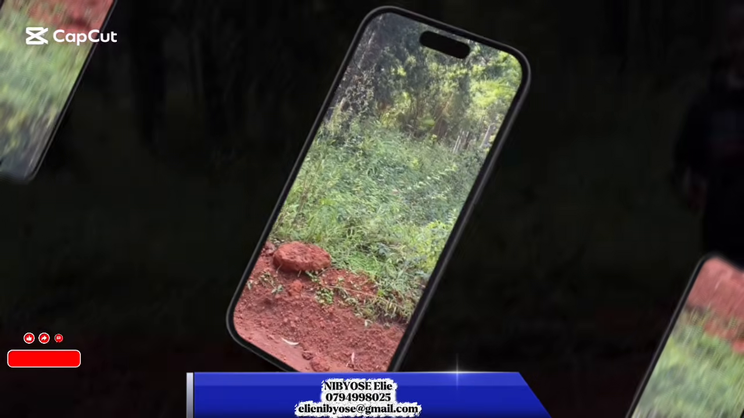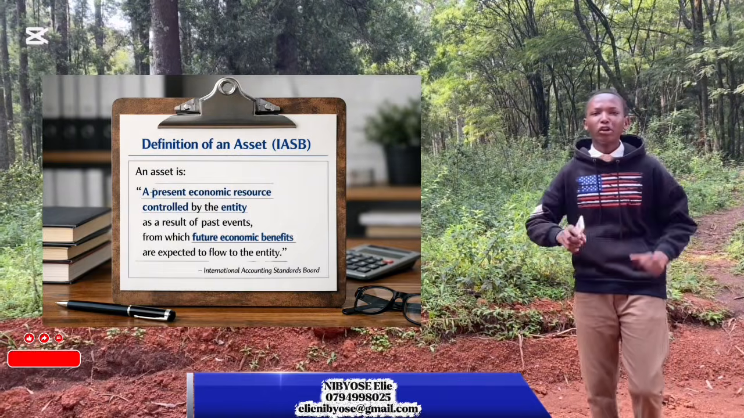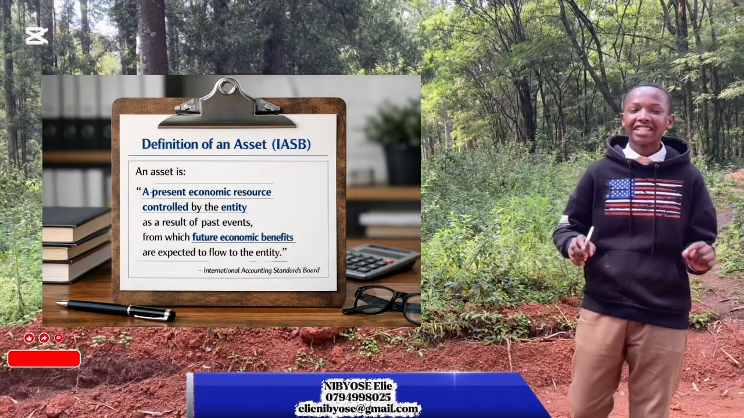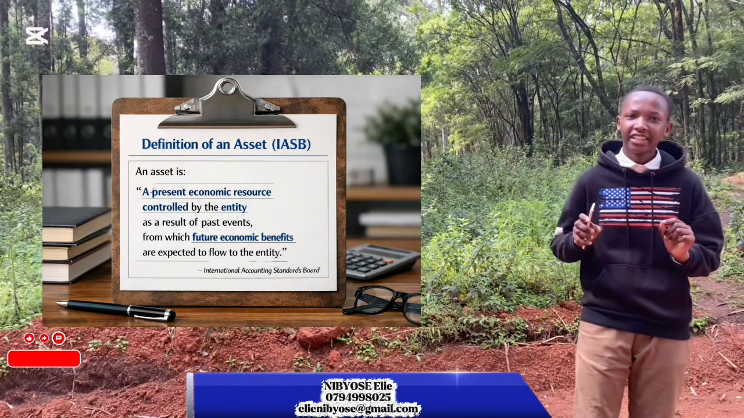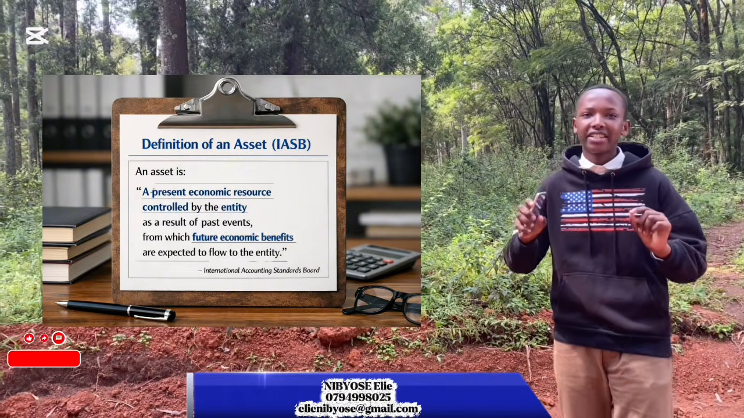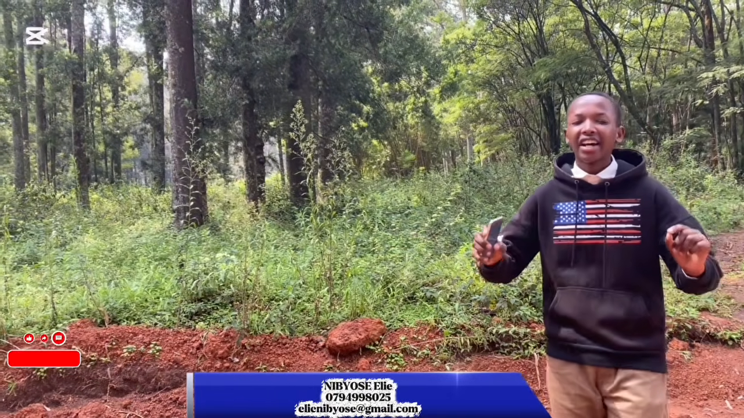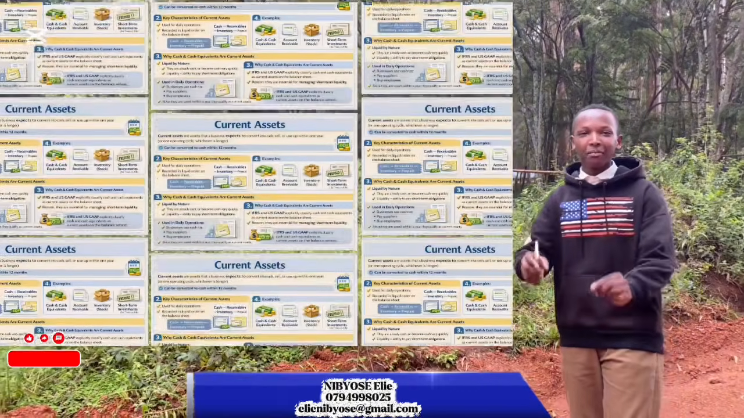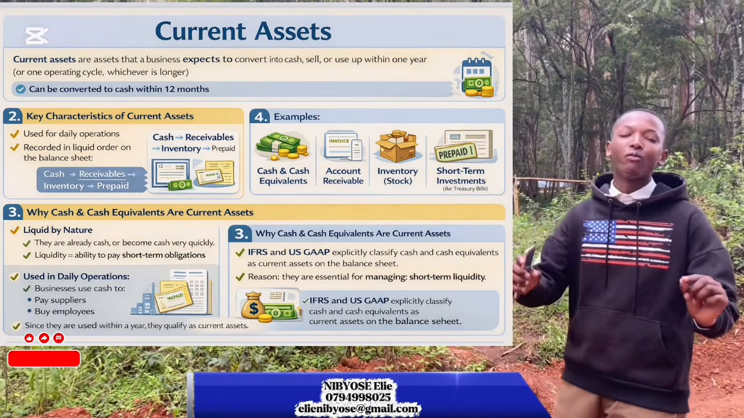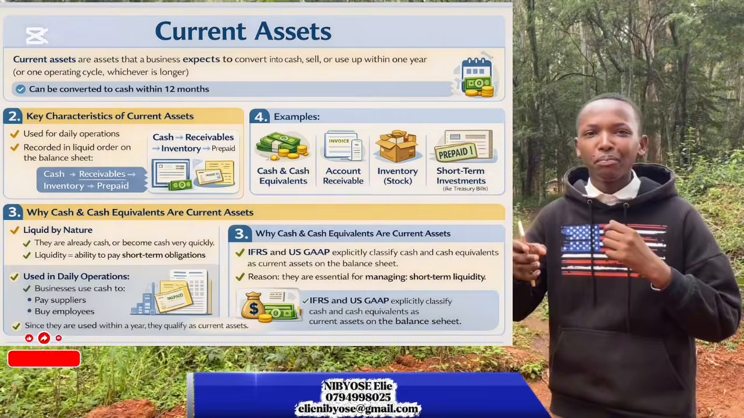What is an asset? An asset is a present economic resource controlled by an entity as a result of past events. Actually, assets are properties of the business and are categorized into two types: current assets and non-current assets. Current assets are assets that the business expects to convert into cash, sell, or use up within